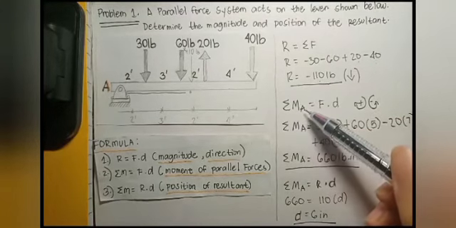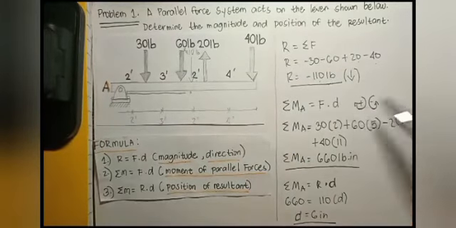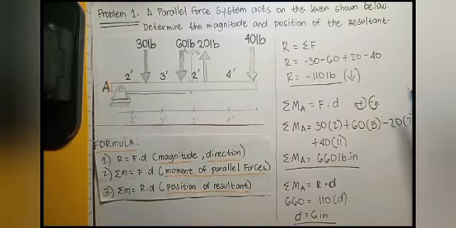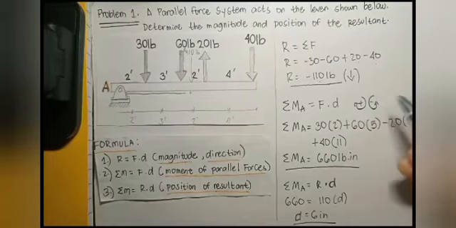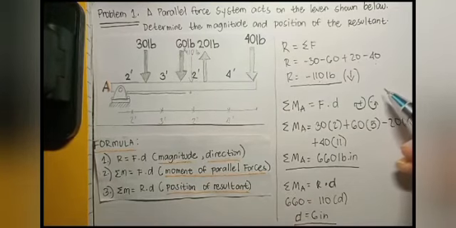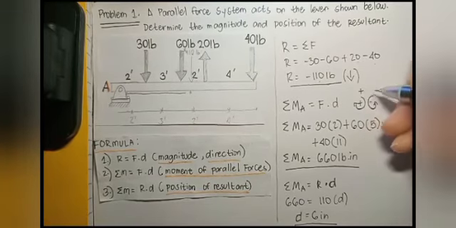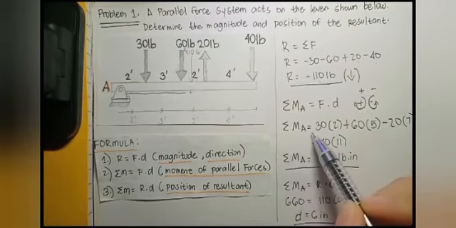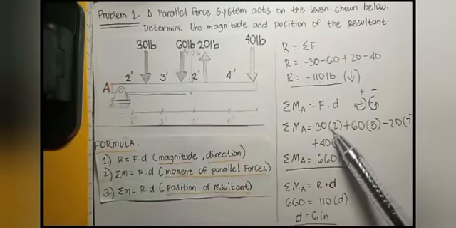The summation of moment about A equals the force F times D. Let's assume that all clockwise rotation is positive and counterclockwise rotation will be negative. Okay. The summation about A is equal to the force 30 times its distance 2,